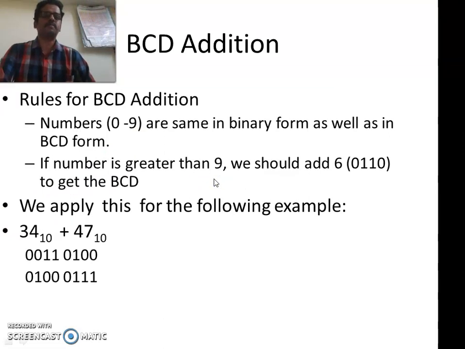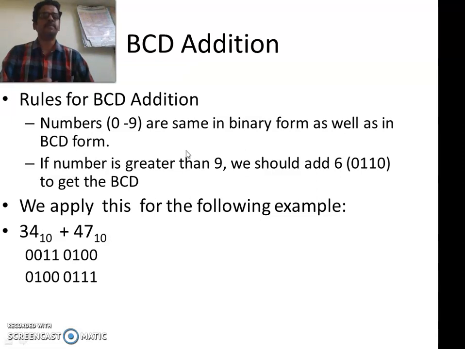Now we will see BCD addition in detail. Rules for BCD addition. Though we are trying to perform arithmetic operations directly with decimal numbers, we are taking the help of the binary number system. That is, we are representing our decimal numbers in binary coded decimal form. So there is a direct relationship between binary number form and BCD form. So we need to know the valid symbols of BCD form. The valid symbols of BCD form are 0 to 9.